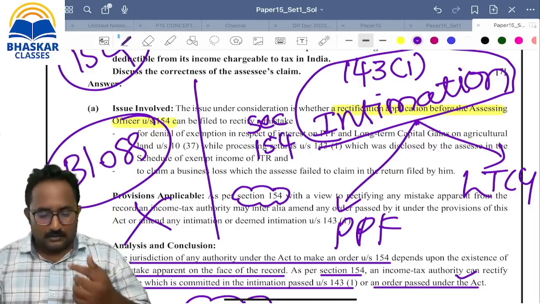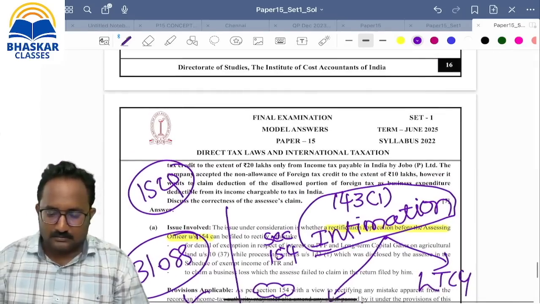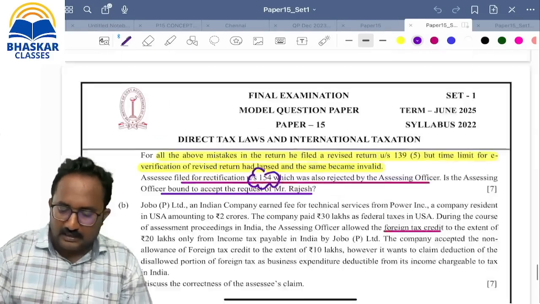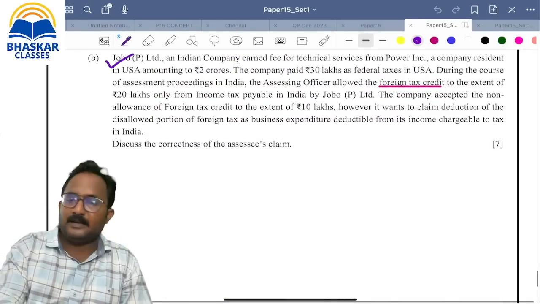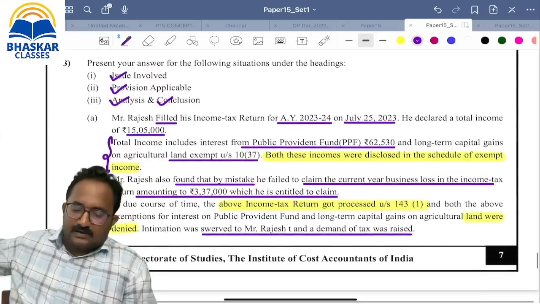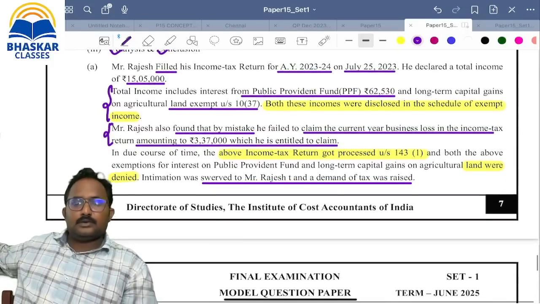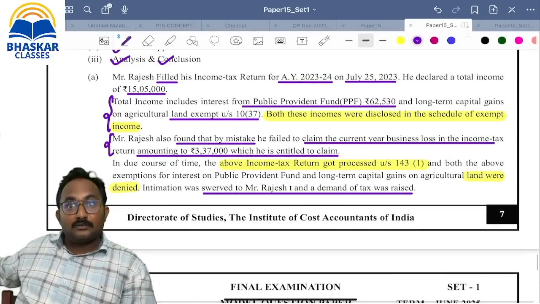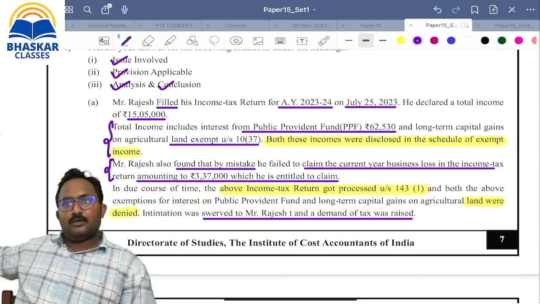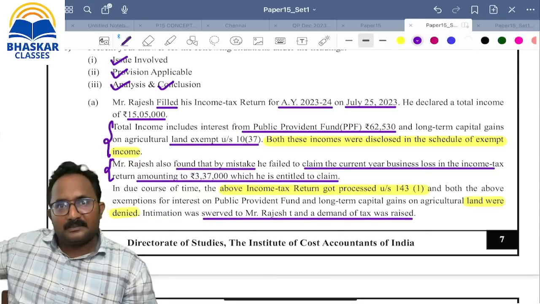Clear? If you haven't time in your exam, you can think and write this. This is an FTC mark question, after PCBP I will explain. This is also a 7-mark question relating to the appeals chapter only. So I think the 40 marks syllabus is covered as of now. Please try to revise the MTP questions also, because the MTP was released only after the printing of our material. That's why I'm not incorporating it, and I'm covering it in the class itself.